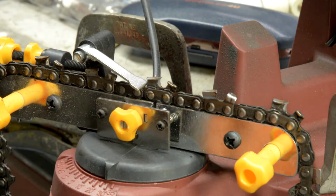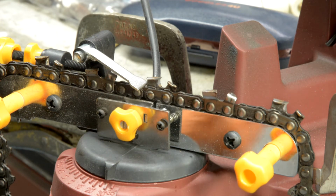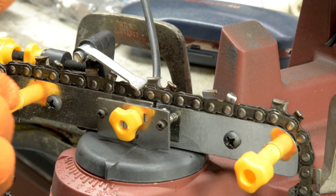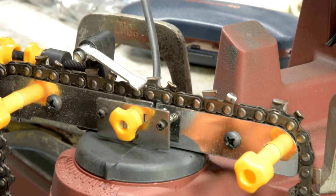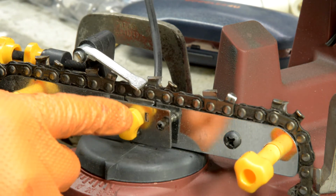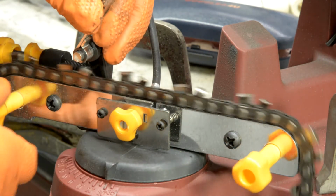I'm just going to show how it sharpens a chainsaw, how you go through it. I have it set for 30 degrees. That's the angle that Stihl recommends for their chainsaw chains. There's a little stop here, and there's a handbrake up here that squeezes the chain. Now, what you would do